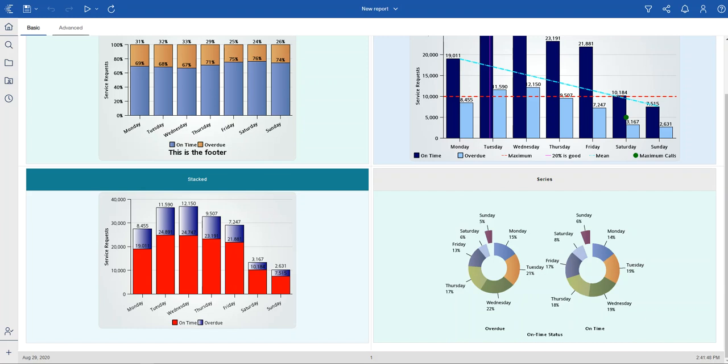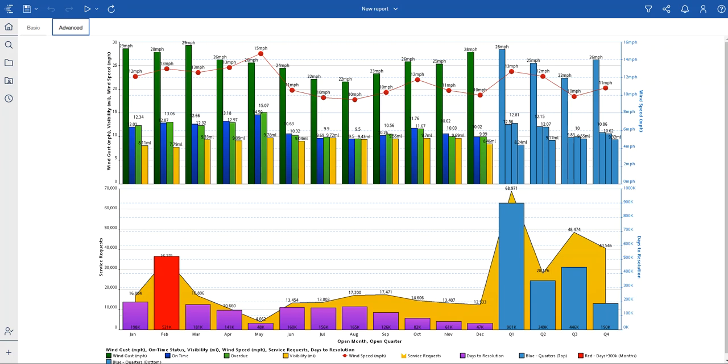So I'll quickly showcase the advanced charts. This is an advanced chart here. It is showing some advanced functionality with the chart reports. On the left axis, I have wind gust, visibility, and wind speed.